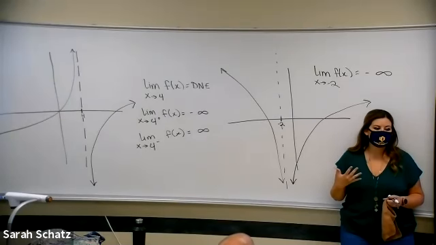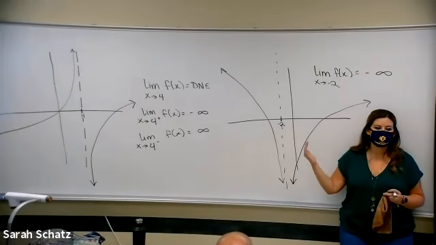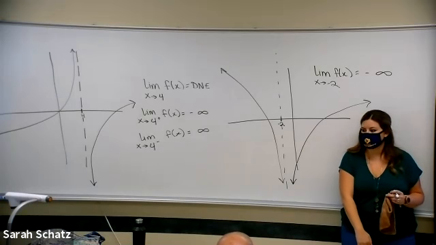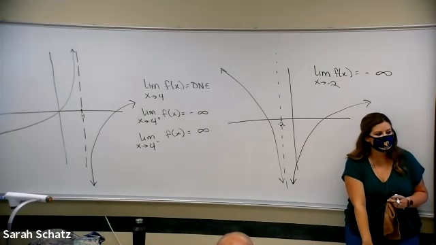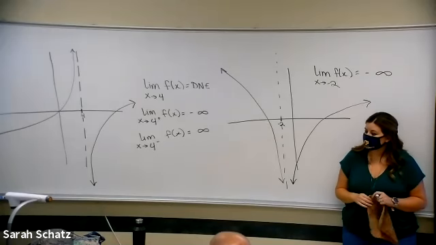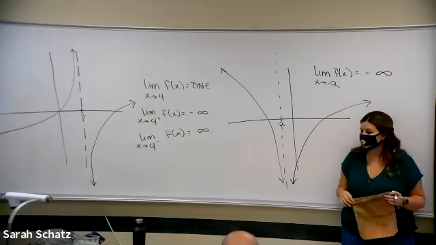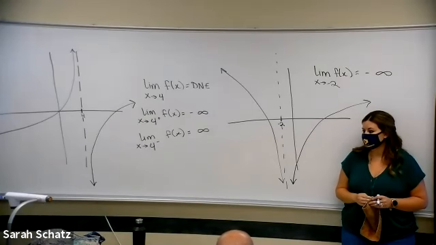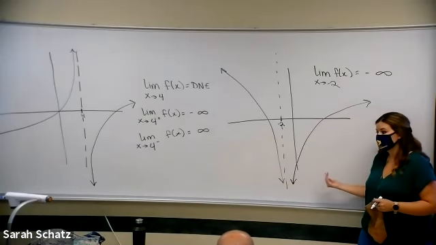Those are the only times you're going to have an infinite limit, at these asymptote points. Those points are the only places that allow these functions to do something erratic like that, to either shoot down really fast or shoot up really fast. Because asymptote defines that it's never going to cross. If it didn't say it's an asymptote, I would assume it would cross at some point.